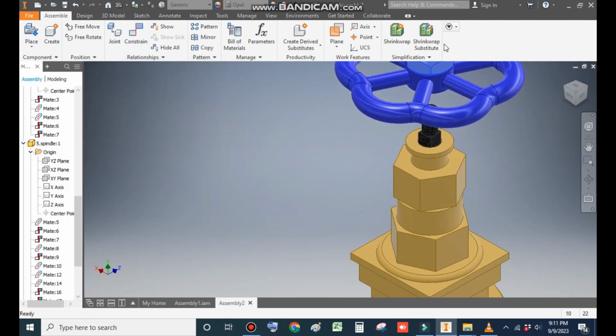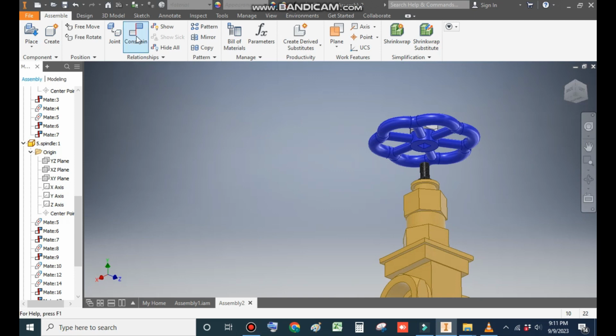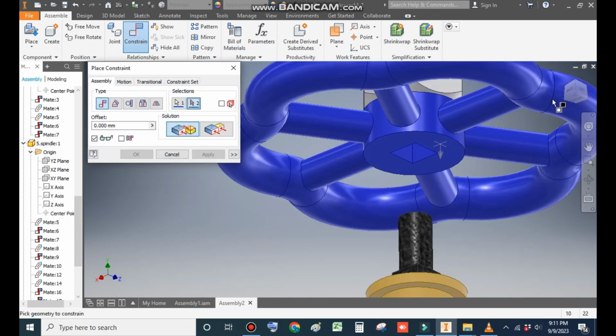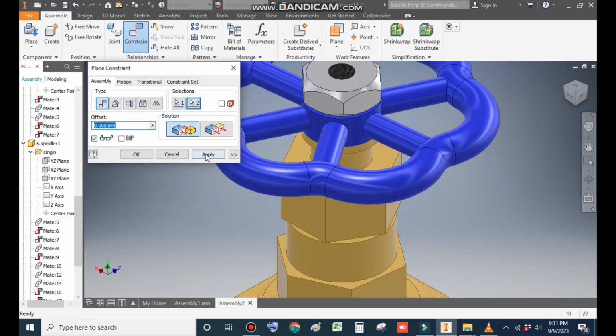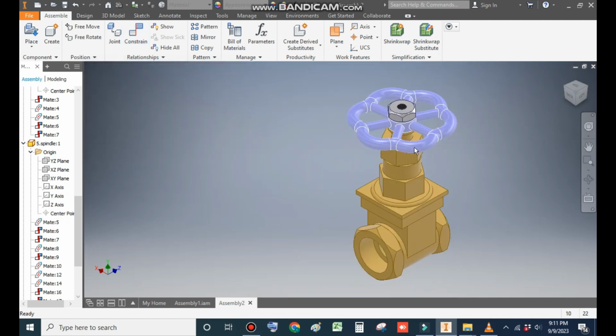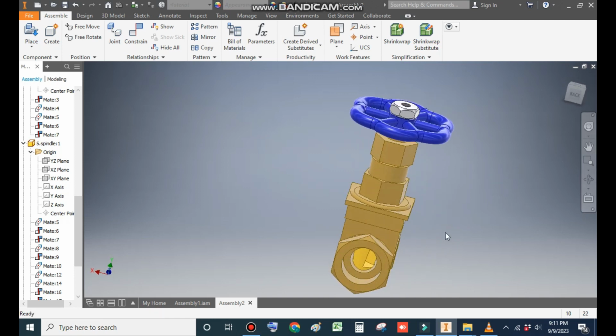Okay, here is a movement. So to make this movement constraint, go to constraint, select this face and select this face of gland and apply. Now you can see all parts are complete. Now what we have done, now if you rotate this, you can see this wall will also rotate. Okay,